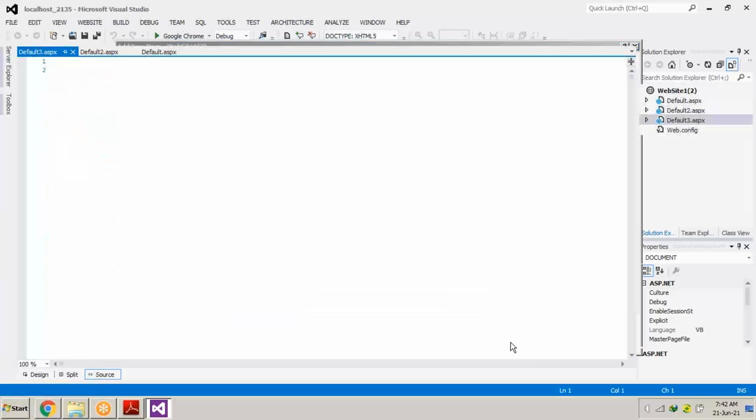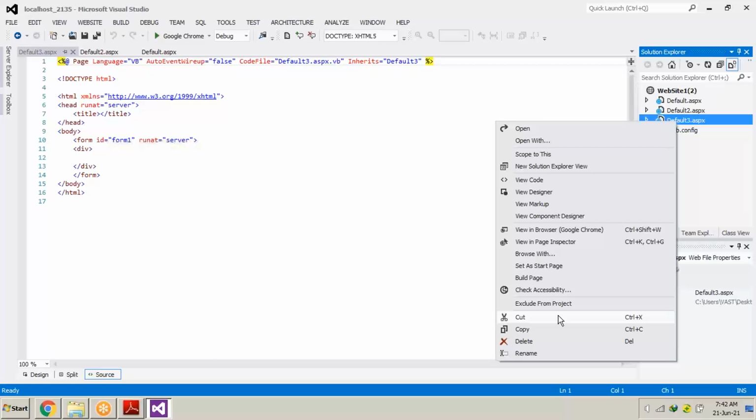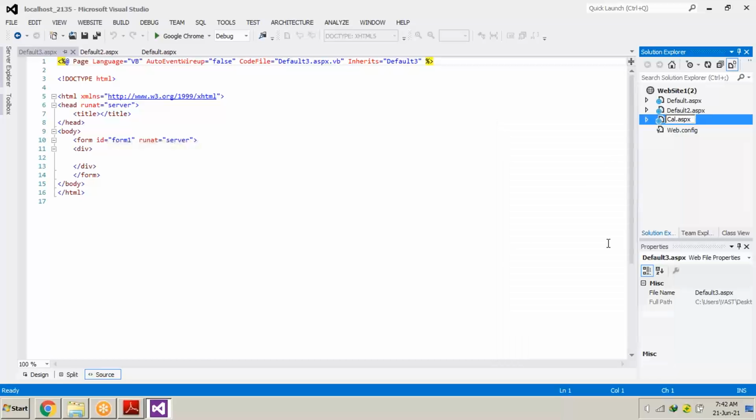Remember, don't touch the .aspx end part, just the name. Calculator. Okay. Spelling might go wrong in some place, but that is something else.